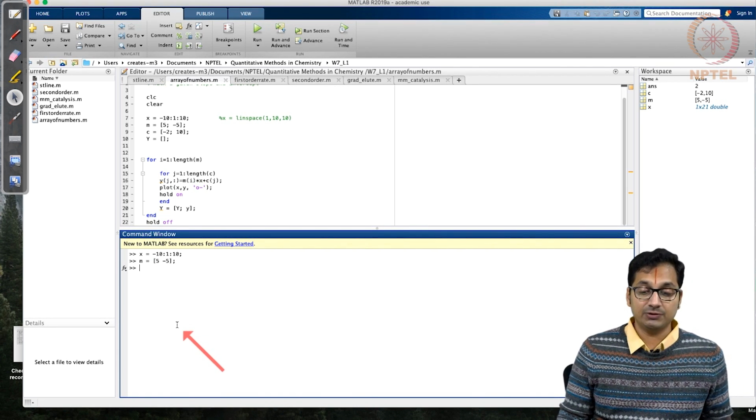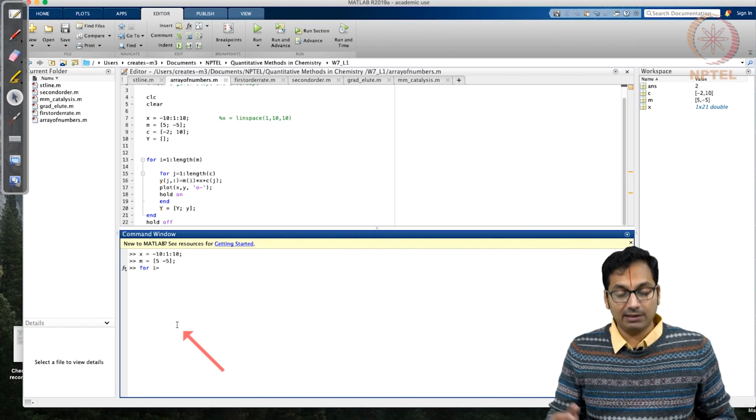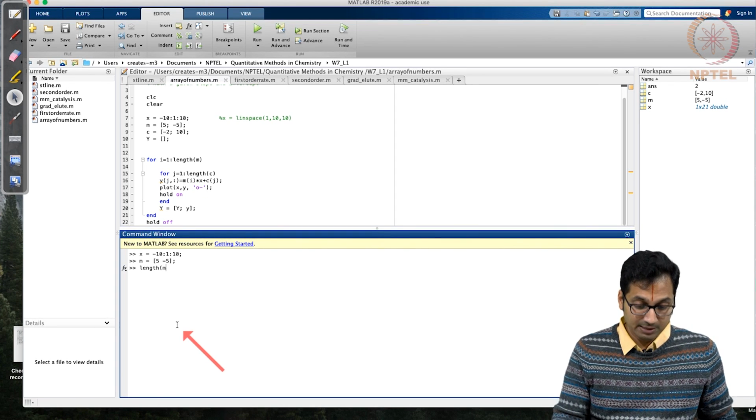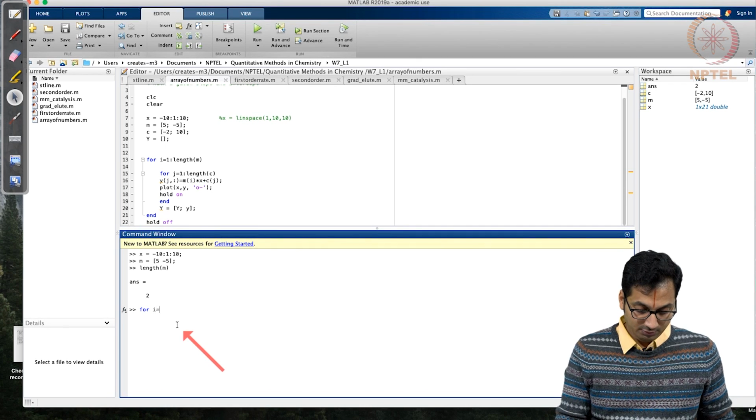Since we have defined these two, we can say for I, which is an incremental variable, going from 1 to the length of m. Before that, let us ask what is length of m. Length of m is 2, so we can say for I going from 1 to length of m,